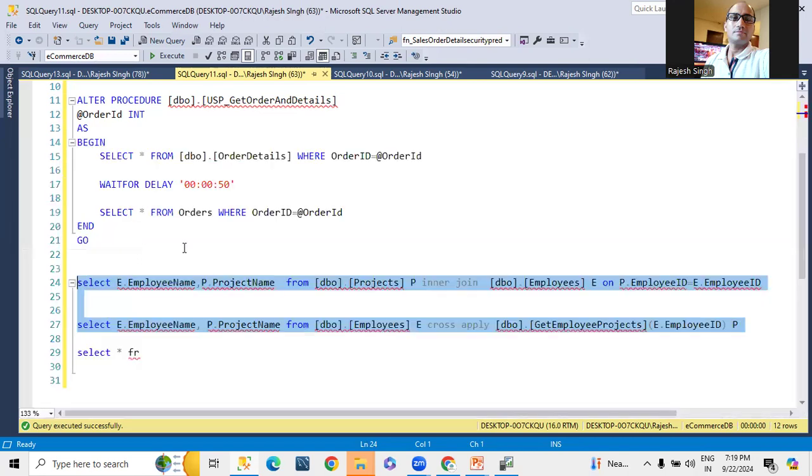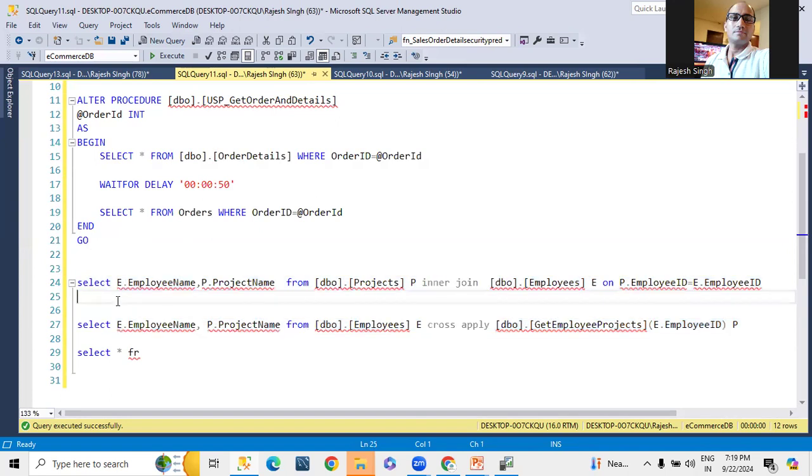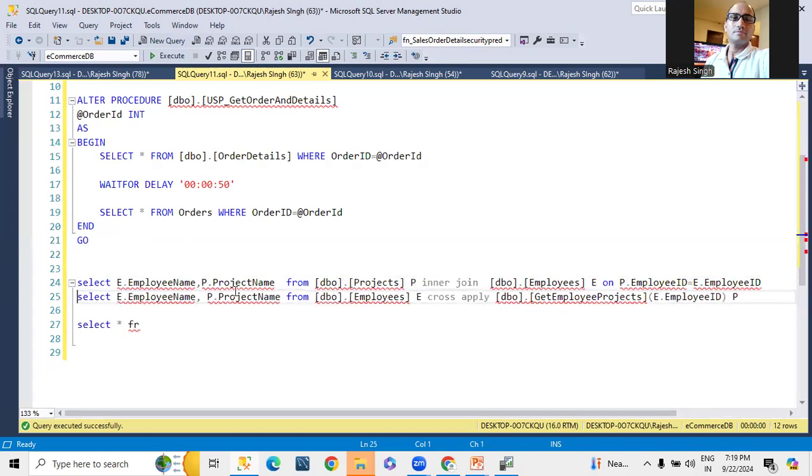Okay. So in most performance tuning cases, you'll find cross apply being used. That's why I wanted to explain this point. If we go for SQL handle and multiple execution plans, you can find the cache plan and understand this cross apply.